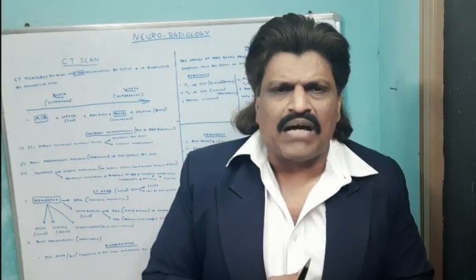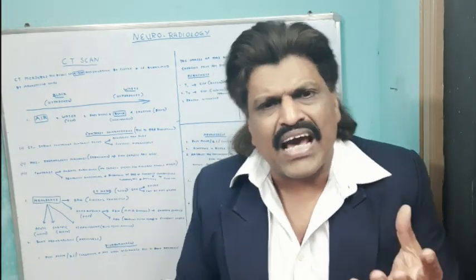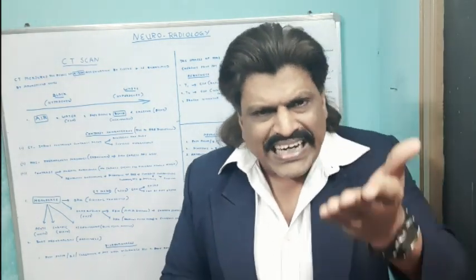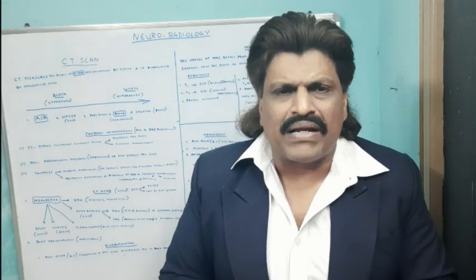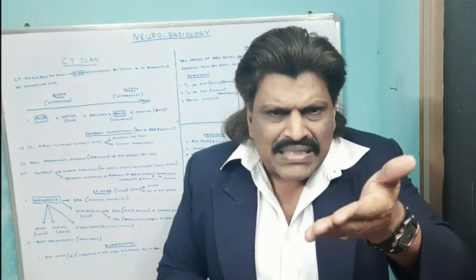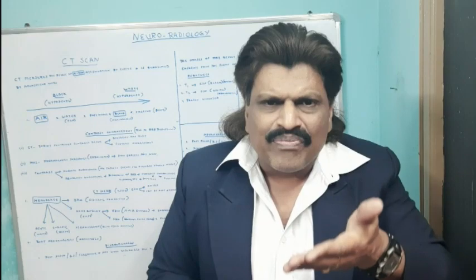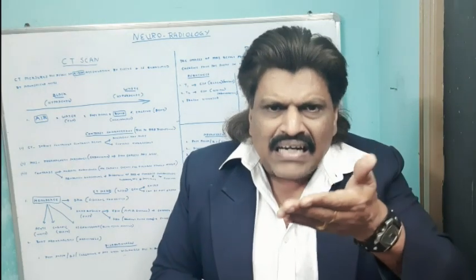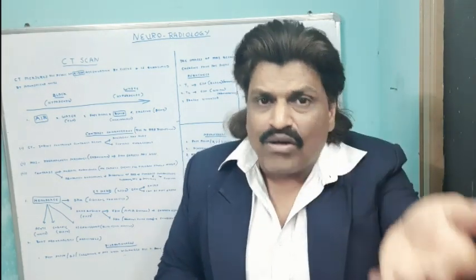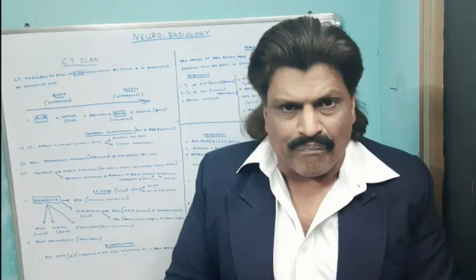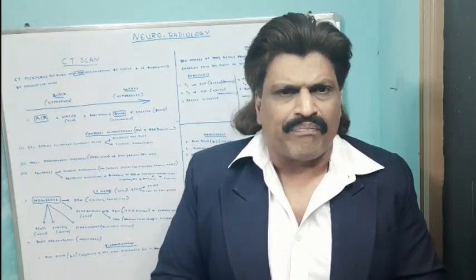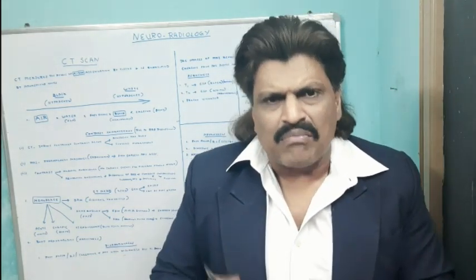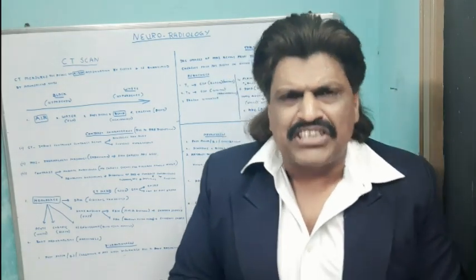Whereas subdural hematoma is because of the tear of the bridging veins. It is underneath the dura membrane. So it can be seen nicely seeping underneath the dura, right from even the frontal lobe to the occipital lobe. It is concave shaped. Subdural hematoma is because of the rupture of the bridging veins.